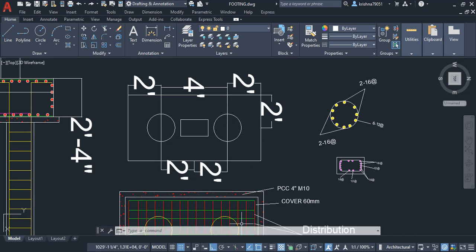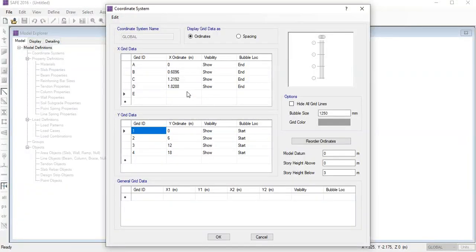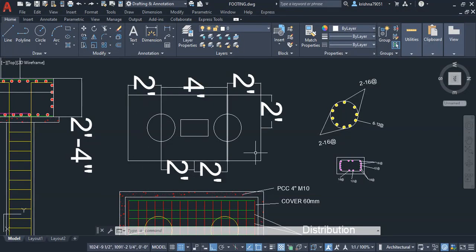So we again put the data: first we write 1.8288 plus the distance of 2 feet, converted to meters, 0.6096. And we have made all the things. That means 4 grids I have made in the X direction, and in the Y direction there are only 3 grids.